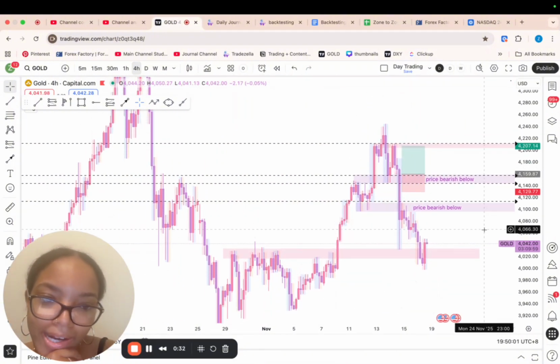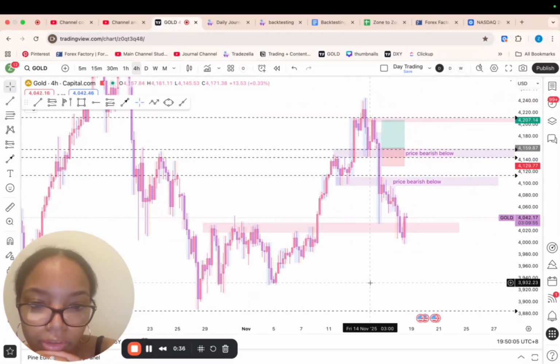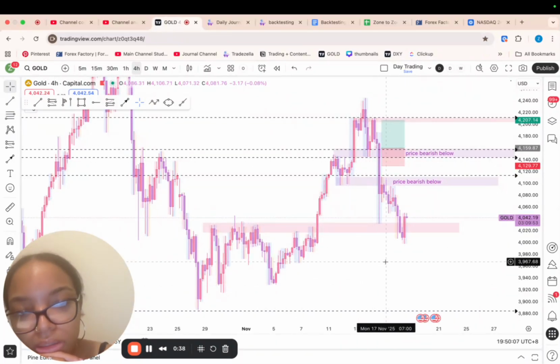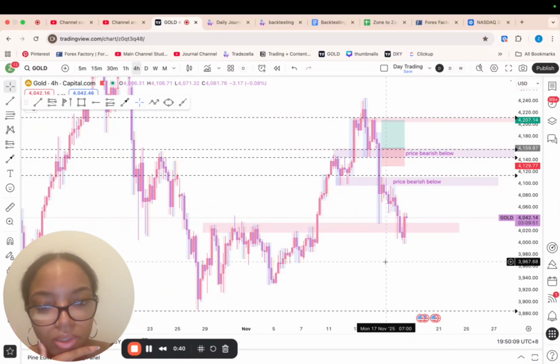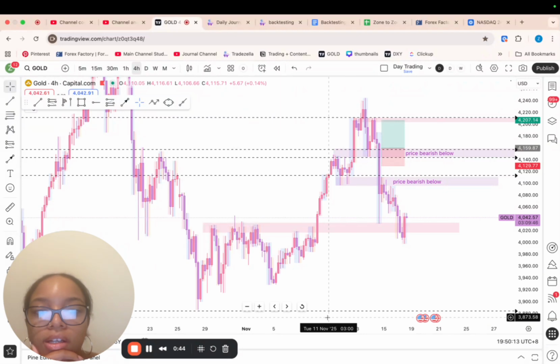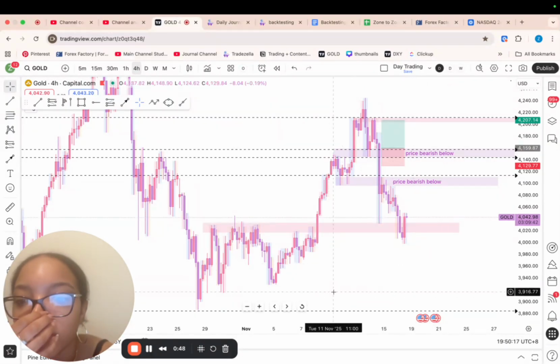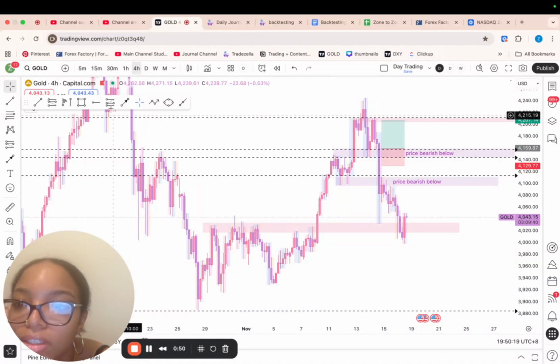Well, on the 4 hour, we can see again price has broken out of this zone. It never broke below this low or this low here. To say that gold is truly bearish, I'd want to see it start breaking these lows that are here, because it did end up consolidating in this area and pushing out, but I could be wrong.